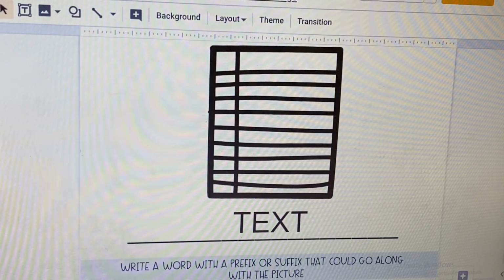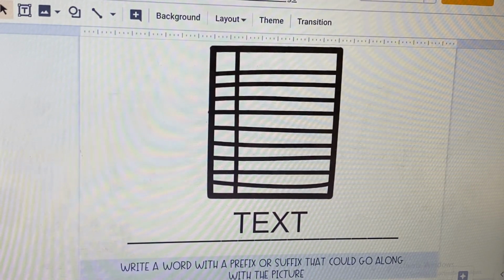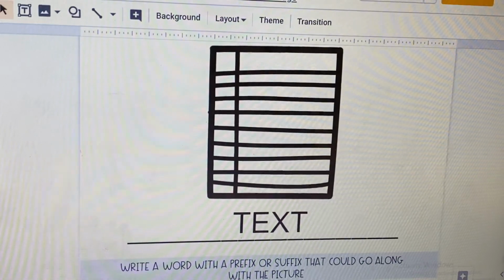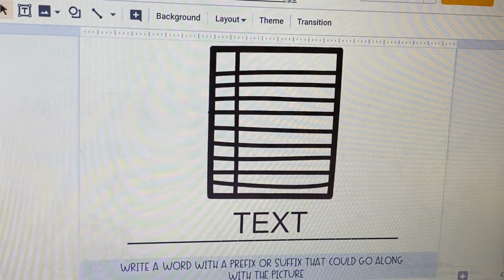Now, when you are done, make sure you submit it in Google